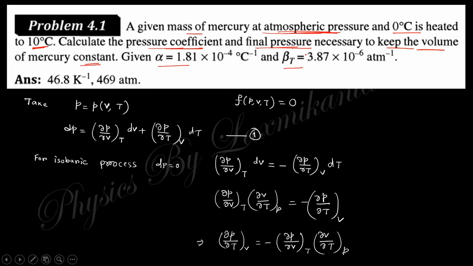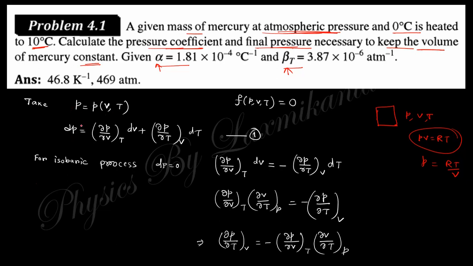In the last theoretical lecture, we found the expressions of alpha and beta. So now we want to discuss alpha and beta, then proceed to solve this question. In any macroscopic system, the pressure, volume and temperature are correlated. For the ideal case this is PV equals RT. So you can write the pressure as RT by V, so the pressure is a function of V and T. So from the differential equation you can see dP equals del P del V at constant T dV